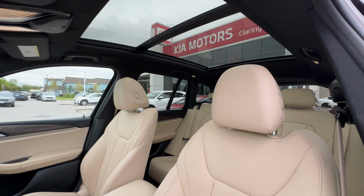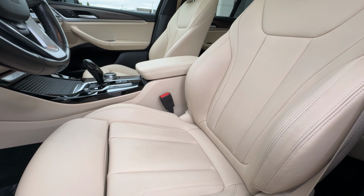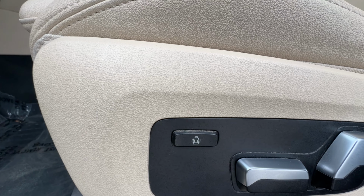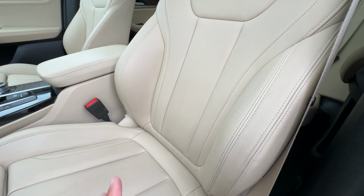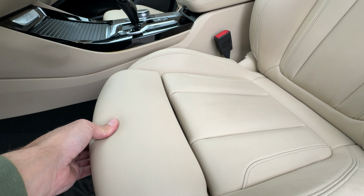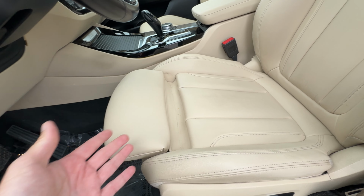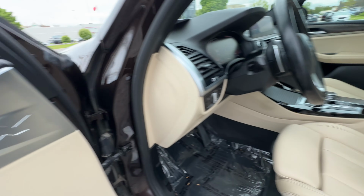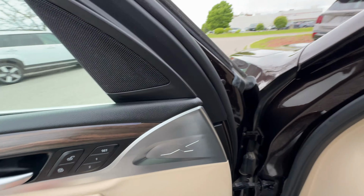All right. Like I said, seats are in really nice shape. Non-smoker vehicle. We've got a power driver's seat, and we also have the power bolsters too. So these little side bolsters go in and out to squeeze depending on your body size and how much you want it to really comfort and hug you. We also have the thigh extender here, so this seat comes out quite a bit further in case you've got really long legs. Gives you support under the knees, which is really nice. And that's all hooked up to a 2-driver memory setting on the door. Now as we hop in,